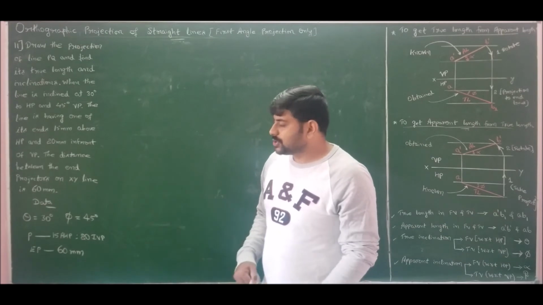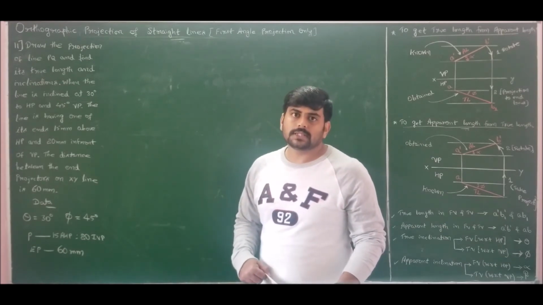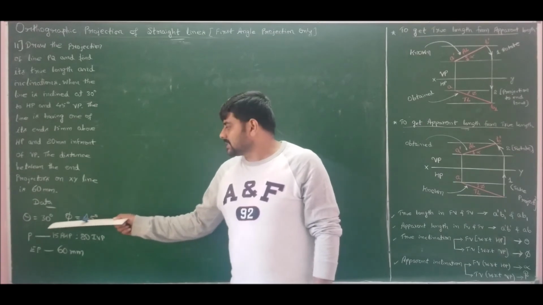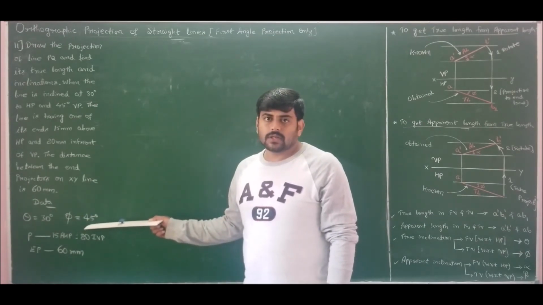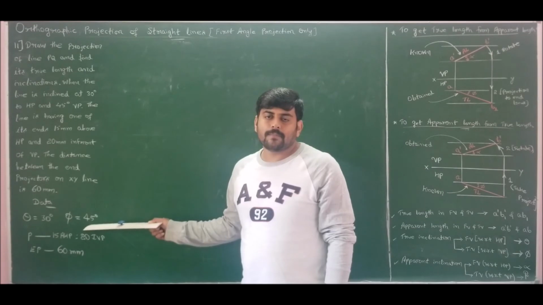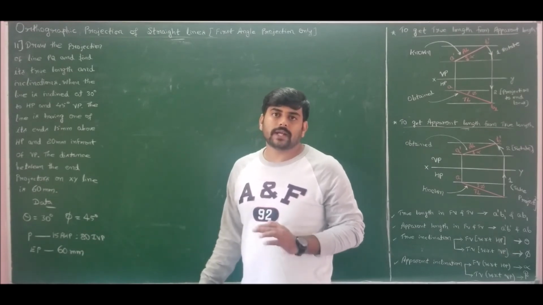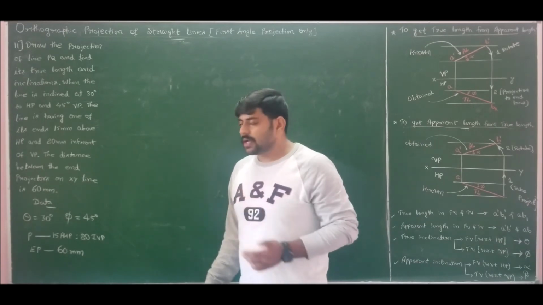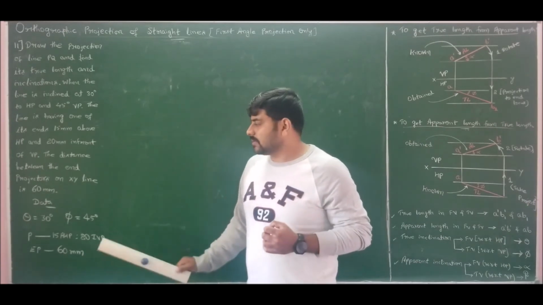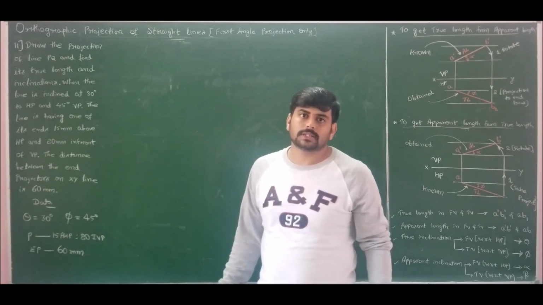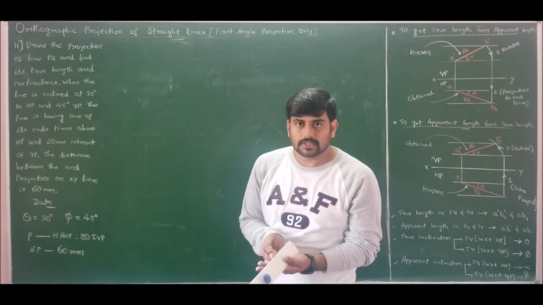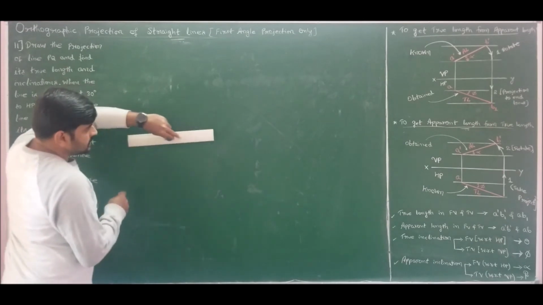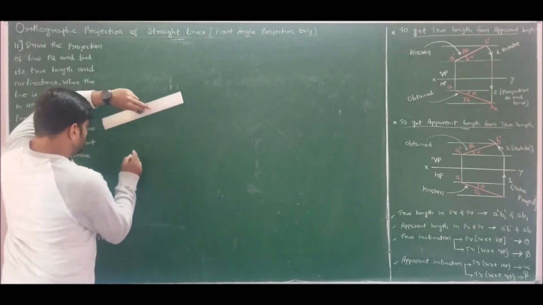Hence, I should assume the value of true length. For the assumed true length, I know the angles 30 degrees and 45 degrees, using which I can extract the apparent angles alpha and beta. By knowing the values of alpha and beta, the problem becomes simpler. So in order to solve this problem, first I should assume the true length. Let us solve this problem, which is more frequently asked in video examinations.